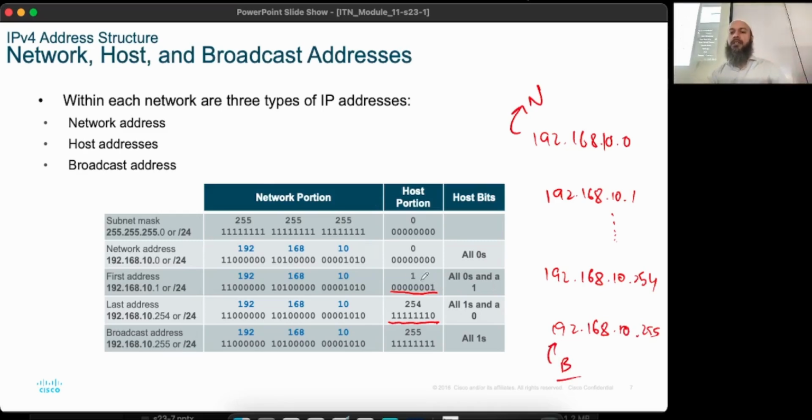So typically, this 192.168.10.1 is typically given to the gateway. You don't have to, but generally it's given to the gateway, right? Because by convention, everybody knows that if I'm going to communicate with the gateway, what's the IP address? You don't have to think about it. It's always your network portion .1. Okay? Make sense? All right.